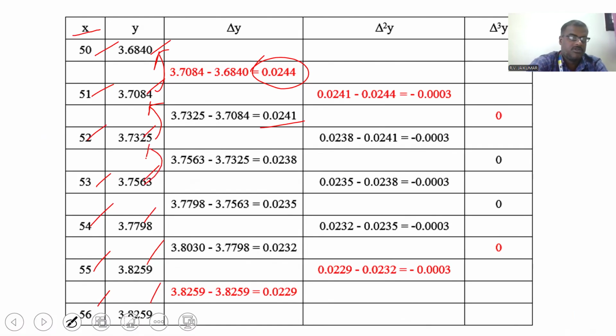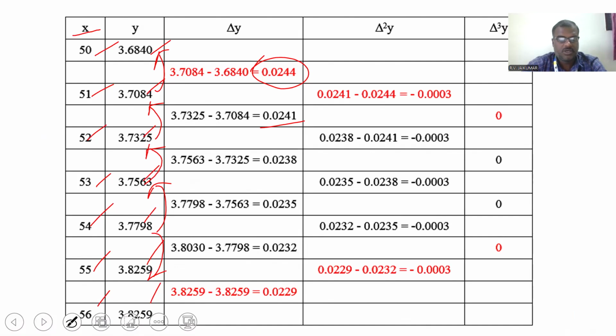Again, 3.7563 minus 3.7325 is equal to 0.0238. Next, 3.7798 minus 3.7563. Next one, 3.8259 minus 3.7798. Last one, 3.8259 minus 3.8259 equal to,